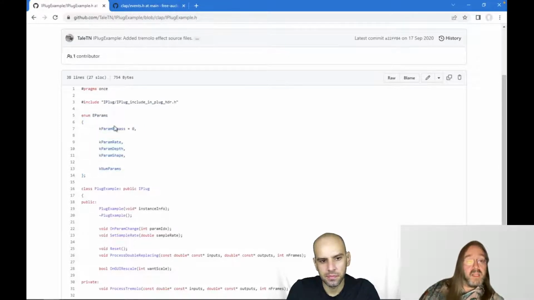Yeah, by the way, now I can finally explain. No, you don't have to say is 0 because that's the default. But I guess it's kind of good practice because now you know for sure that it's starting at 0. You don't have to worry about it or look it up or whatever. And then from that point on, it will just auto-increment with 1. So this one will be 1, and the depth will be 2, and the shape will be 3.